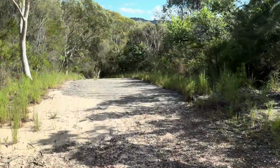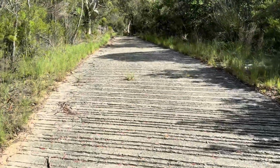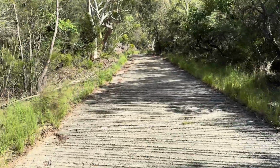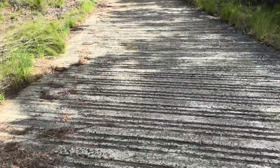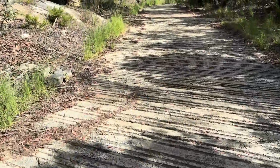3.4 k's into Quarry Road loop. We've got a lot of pebbles, bang, straight into the ridge concrete again. So I think you probably picked the pattern up here. Every time you see this, it's nice and solid underfoot, although you do have to be careful. You can see how they're unevenly spaced. Easily, if you're not picking your feet up, to trip over the larger ones because they do jut out a